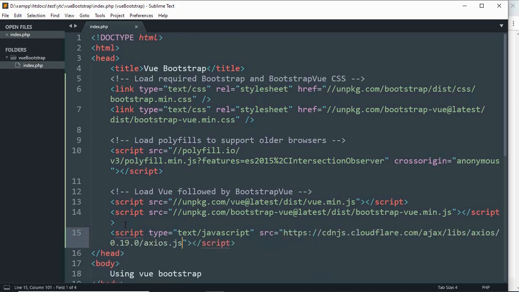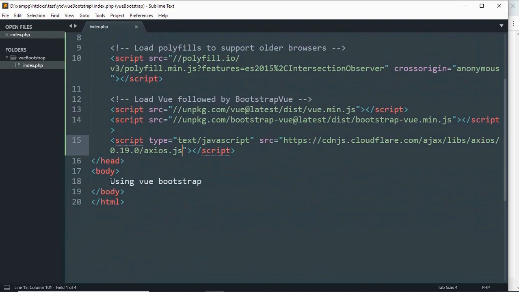Now if you are familiar with the Vue framework, we need to create a div with a unique ID, and inside that div we write our HTML coding. So write div ID equal to app, then create app.js file,